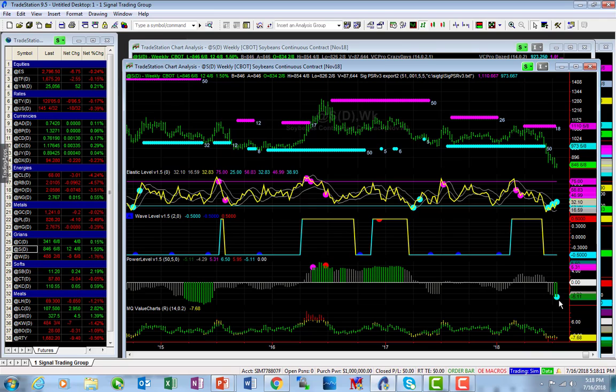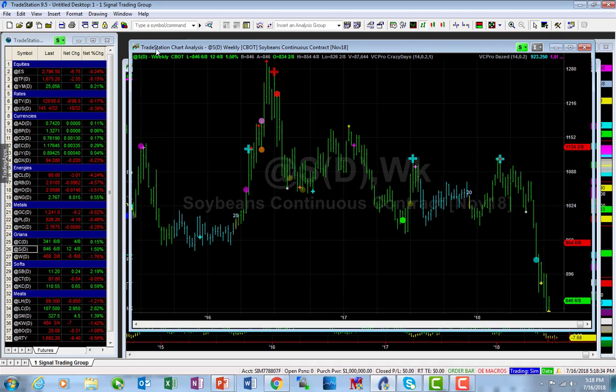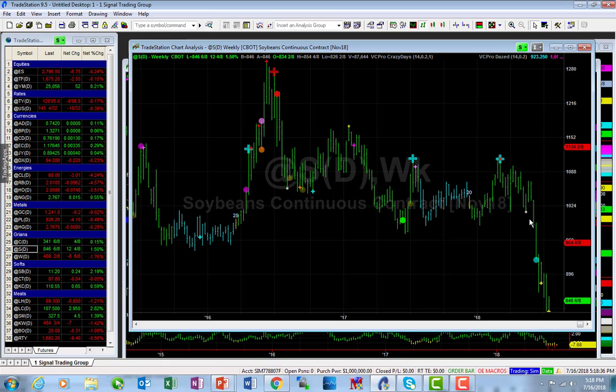Now, this bar is still forming, so you can see that there's a nice little bounce to the upside. And today being Monday, a lot of things can happen before the end of the week. So this is working off just today's data, but it usually is a precursor for the market to have at least a base and potentially a little bit of a further bounce. If we take a look at soybeans on weekly bars, you can see that this is where that surge low occurred. We had another one earlier. The market did base a little bit and then it sold off again. We might very well be getting that reversal type condition.